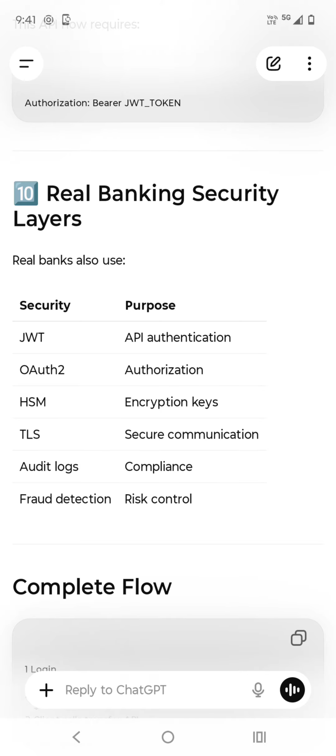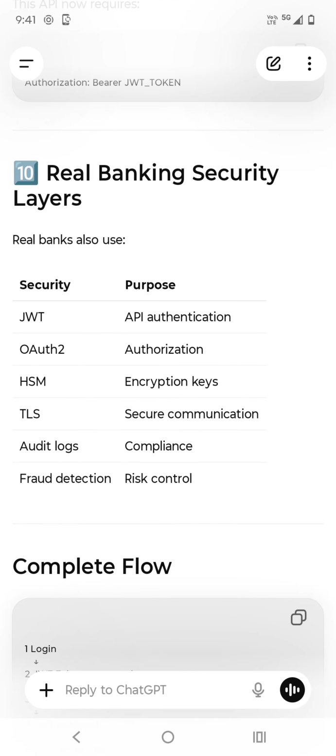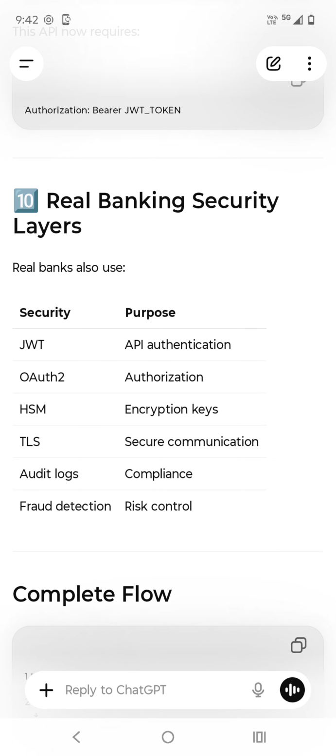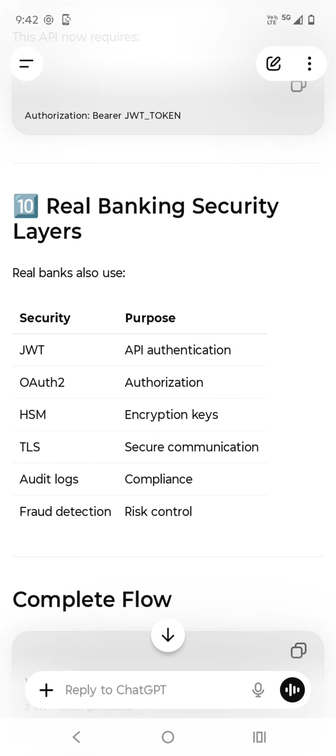Audit logs. For audit logs, we need compliance checking, fraud detection, and risk control. All these security mechanisms have to be implemented for any banking application. If we want to make it an enterprise grade, standard application, it has to include all these security aspects.